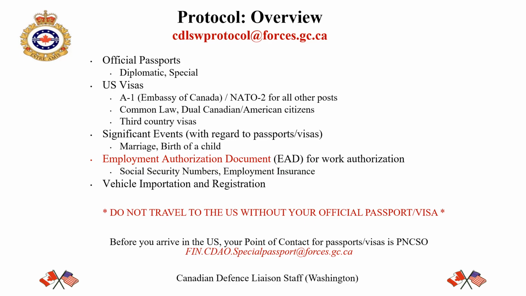Members who are posted to the Embassy of Canada should be receiving a diplomatic red passport with an A1 visa. Members who are posted to Primni in New York City should receive red passports with J4 visas, and all other members should receive official special green passports with NATO 2 visas. For members in common law relationships, the U.S. Embassy will not issue derivative visas, which will have been communicated to you during the screening phase. Further ramifications related to common law spousal relationship will have been communicated to you during the screening phase.